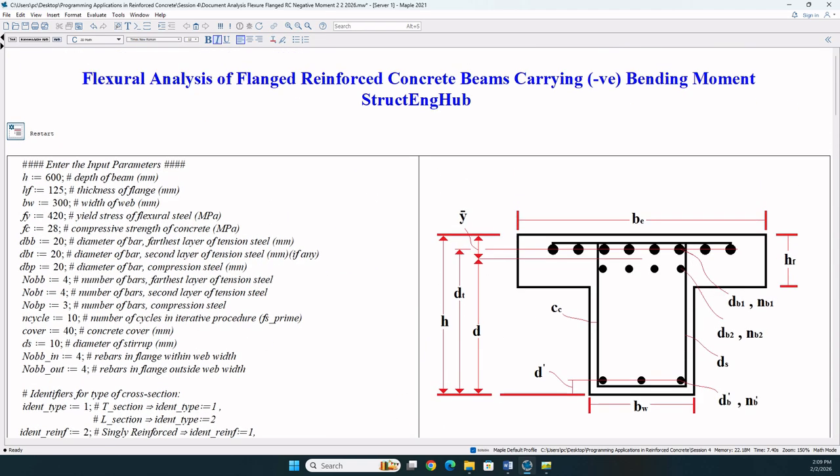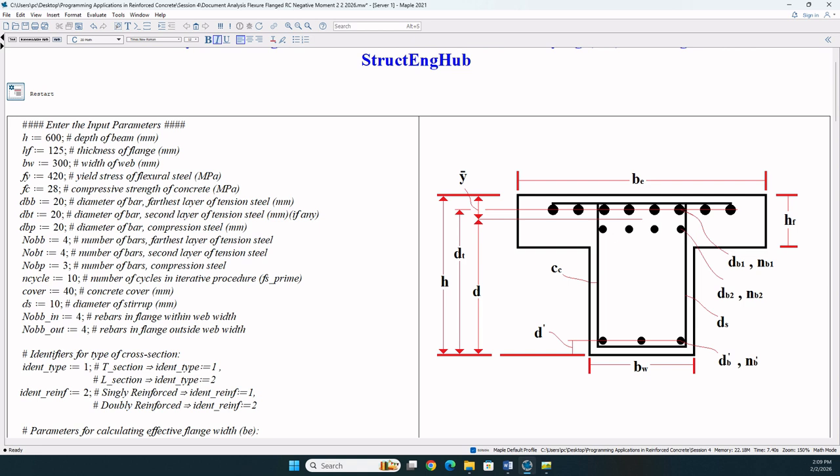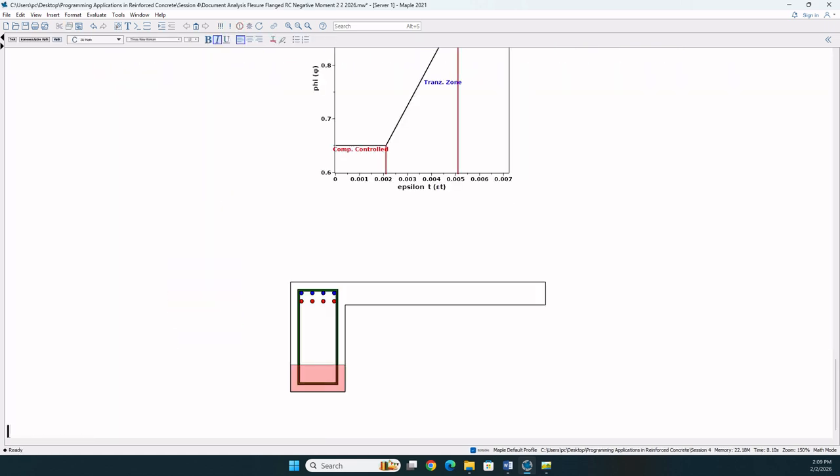Next, we will change the input parameters in order to study an L-shaped cross-section. So here, let's change this to 2, and first try a singly reinforced 4 by 4, and leave all the other parameters as is. Then the beam here shows an L section